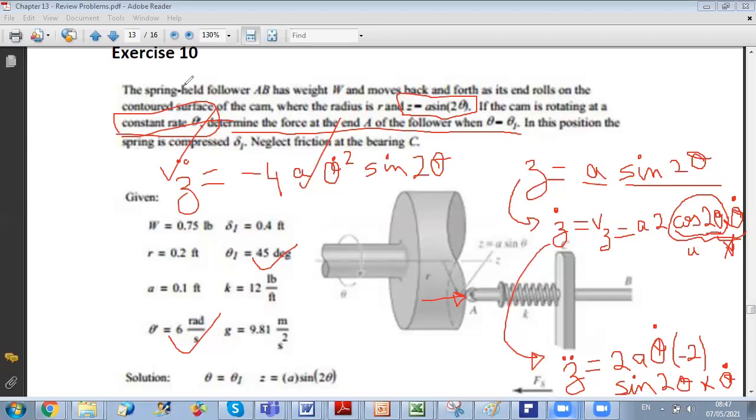Doctor, how did the derivative come out negative? Can you please repeat the question? How did the derivative of z prime come out negative? Okay, look, it's not a big deal that it's negative. Sine 2 theta can be positive or negative. So you will have phases of acceleration and other phases of deceleration. It depends on the value of 2 theta. Agreed? For example, when theta is equal to 45, sine 2 theta is positive, it's 1,